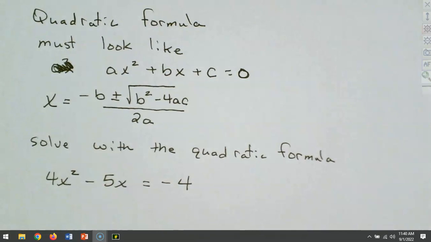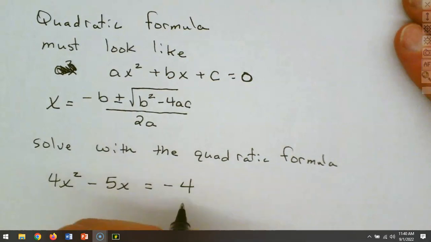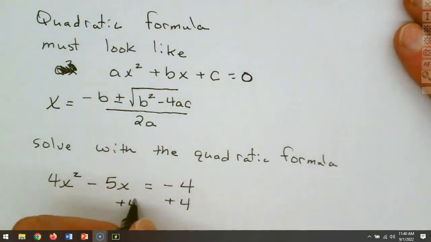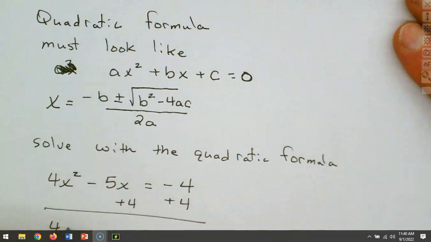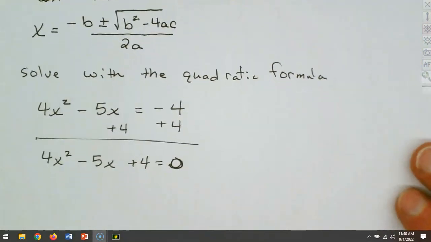Now, it really doesn't matter whether we're going to use zero factor or the quadratic formula. First thing we do in either method is we make sure that it equals 0. So no matter which method we use, zero factor or the quadratic, it has to equal 0. So the first thing we're going to do is add this 4 over, and make sure that it equals 0. Once that 4 has been moved over,